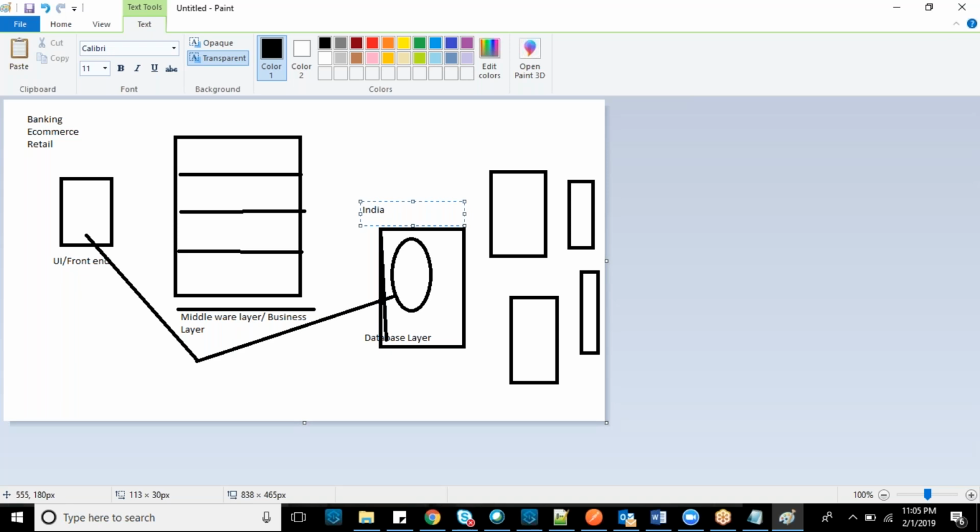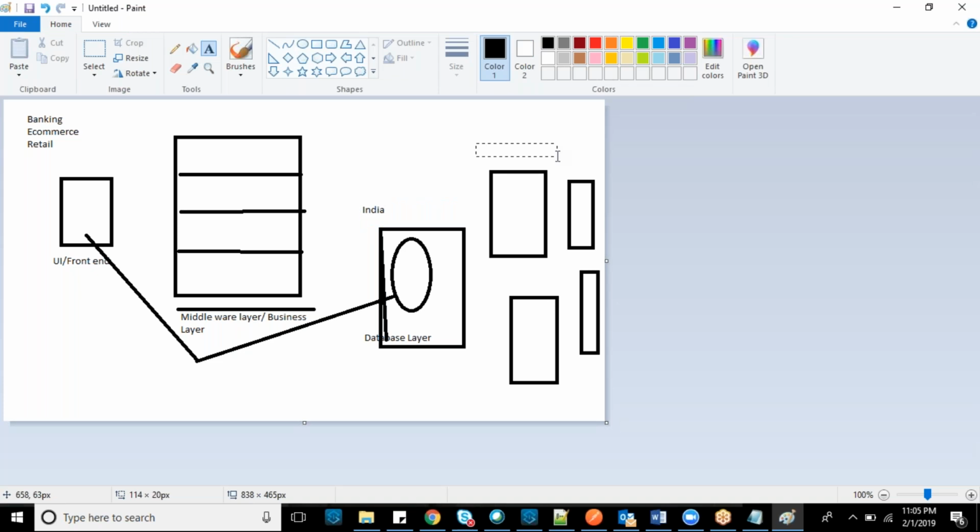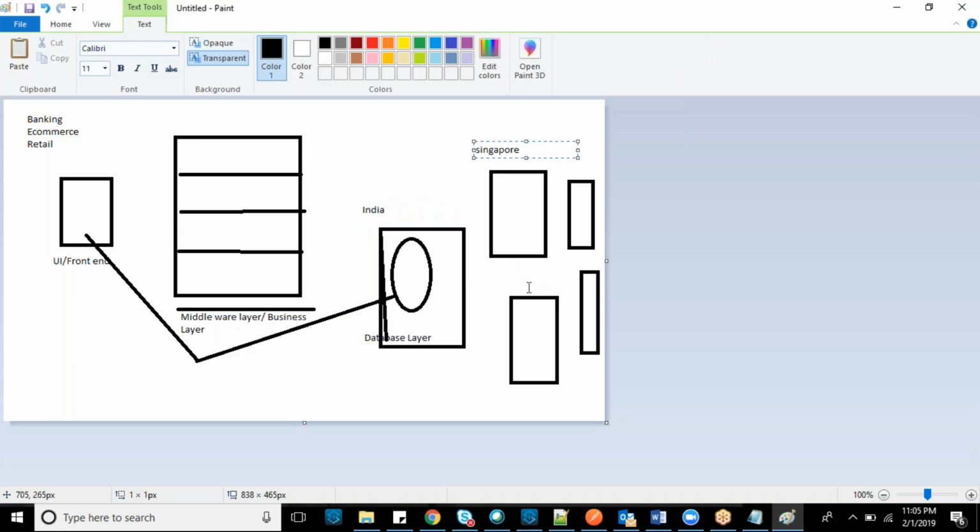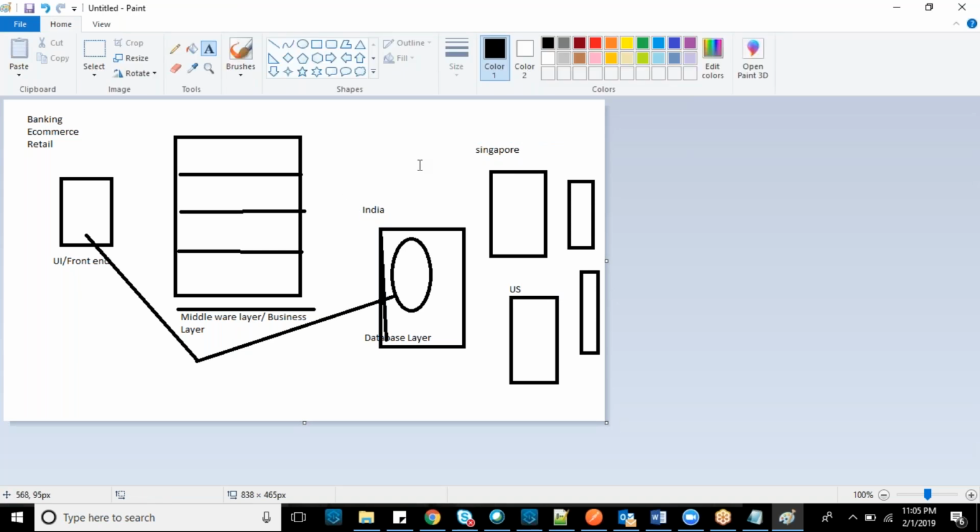For example, one server in India, another in Singapore, another in the US. The configuration is taken care of by administration people, covered in DevOps, which is very interesting. These are nothing but databases with a highly configured backend system. These are the clouds.